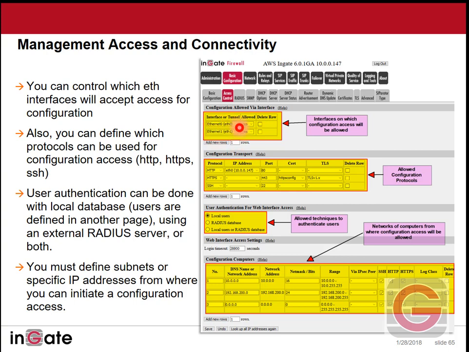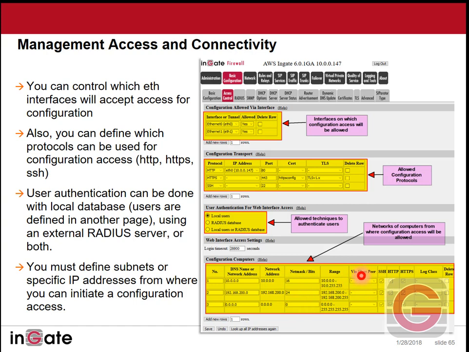I mean interface Ethernet 0, Ethernet 1: here is where the request for configuration will land, and here is where the request for configuration can be generated and accepted. And here you select the DNS, network address, and the mask,